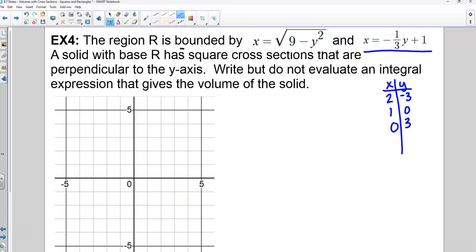This is probably enough points, especially if you recognize this as a line, to be able to graph this. So I've got 2, -3. I've got 1, 0. I've got 0, 3. And then if I need to go out further, this is just a straight line, so I can just do this. Okay, so there's one of them. Then our other,